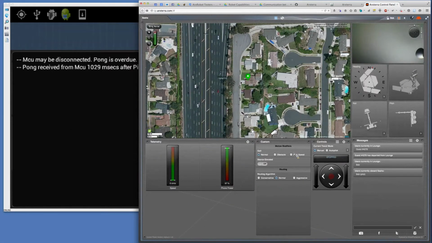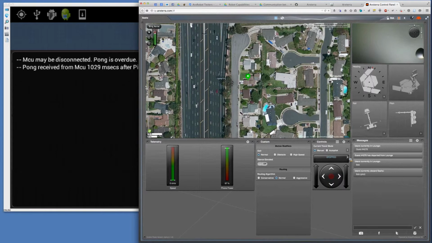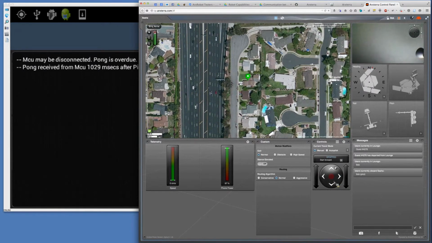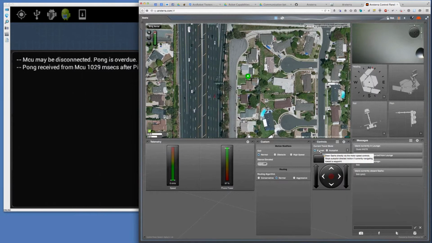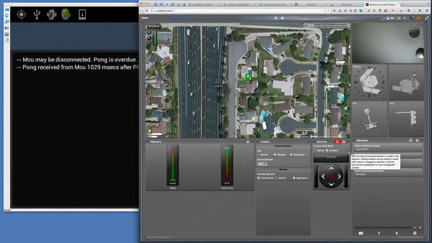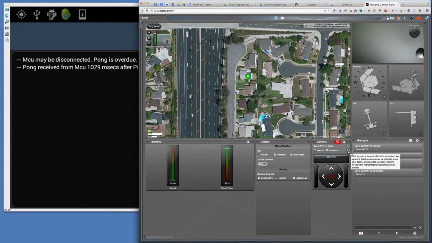Okay, now you notice a couple things that have changed. One is that over here in our controls pod, we now have another block up here where you can choose between manual control and autopilot. And also, you have a little tooltip here that says, you got more that you can choose from up here